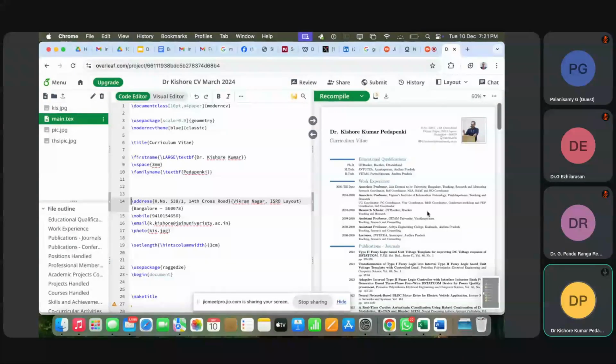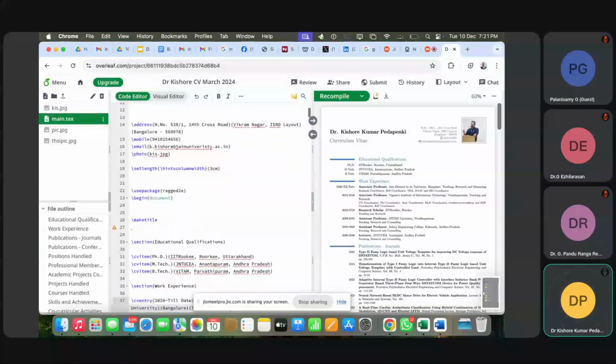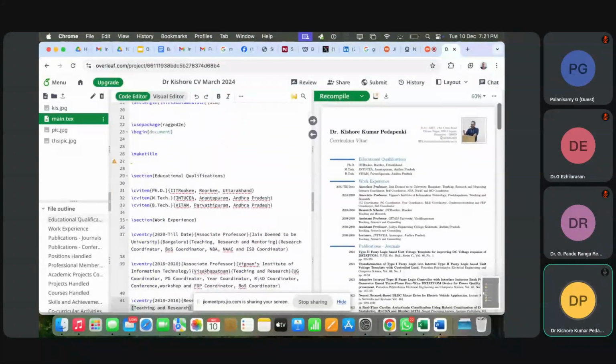Understood? So these are the different categories. The beauty of the CV is that with only one command you can play the game. One command gives you 6 components of different things. Maybe this is one component of this line, and this is another component of the line, like that. I will show you. You will be simply surprised. Only one command. That command is called cventry. Yeah, I love this command. cventry. Okay, cvitem is also there, but in place of cvitem also you can make use of cventry.